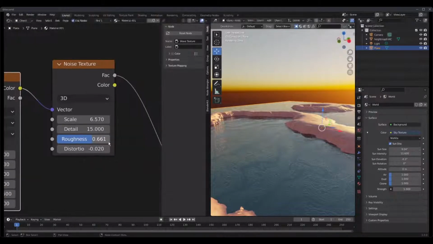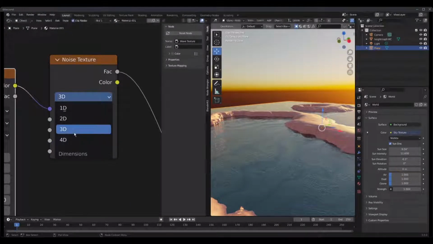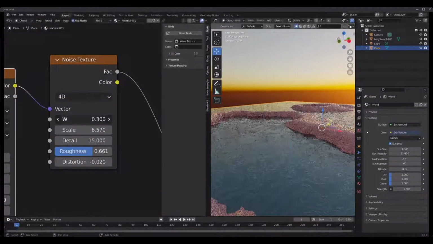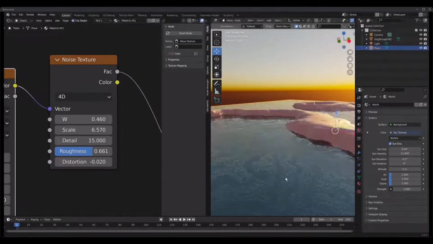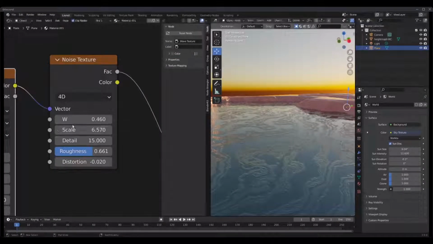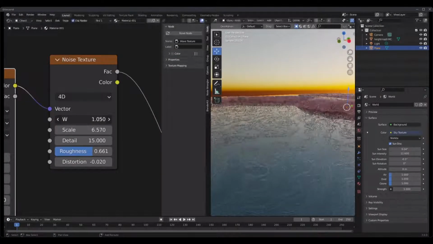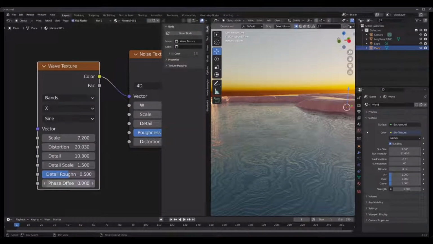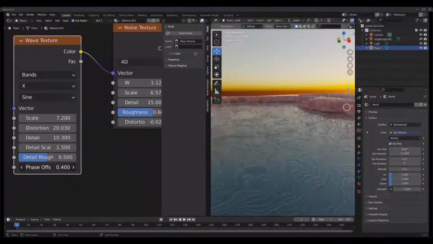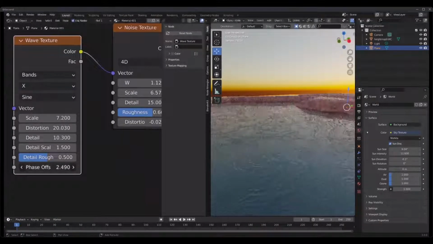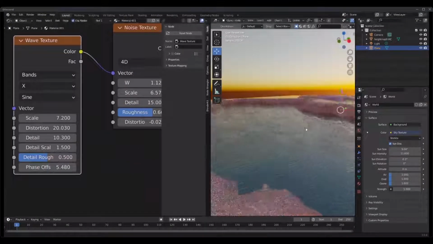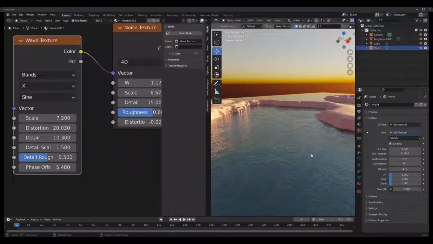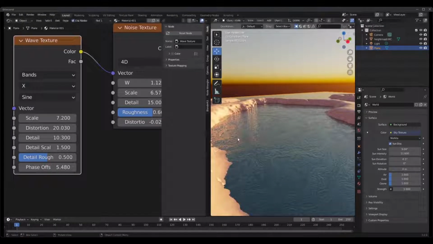Now at this point, if we go into 4D, we can animate basically an oil spill kind of situation. Or we can even take it further. Because it's on the wave texture, the phase offset is going to give us a more organic blending. We could do that, and you can see how it's causing these really cool reflections